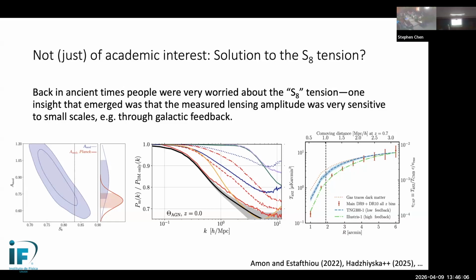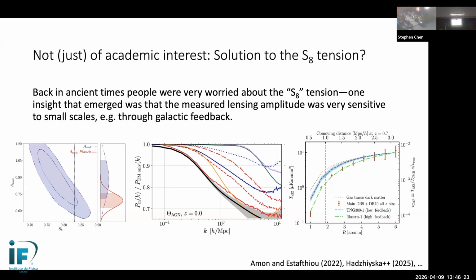So I think this has turned into a kind of fruitful area of research where people have tried to use various ways to constrain baryonic feedback through astrophysics, for example, here by measuring the kinetic Sunyaev-Zeldovich effect around galaxies. But I would say that these things are still kind of far from analytic theory, in the way that it's quite hard to translate between these directly and what baryonic feedback actually looks like.